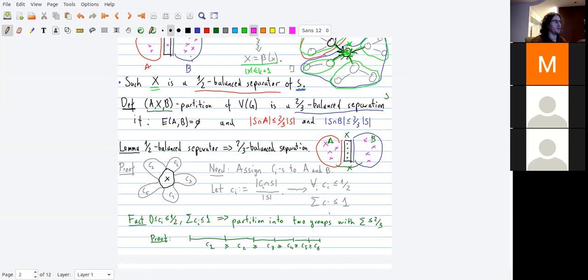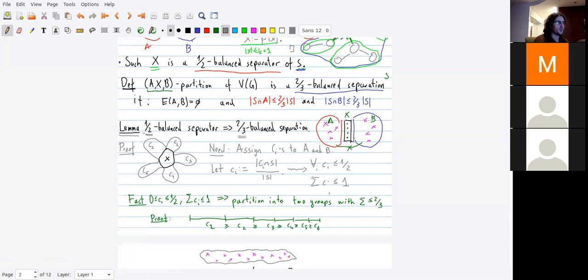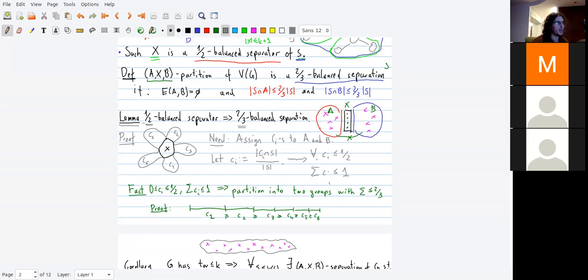So I claim, and this is an easy lemma that we will prove in a moment, that if I have a half balance separator, I can turn this half balance separator into a 2/3 balanced separation. So I will lose a little bit on this separability, but I will be able to have the part after the removal of the separator to be divisible into left and right. The proof is actually pretty simple as well. So we have a half balance separator. The situation looks like that we have a set X such that